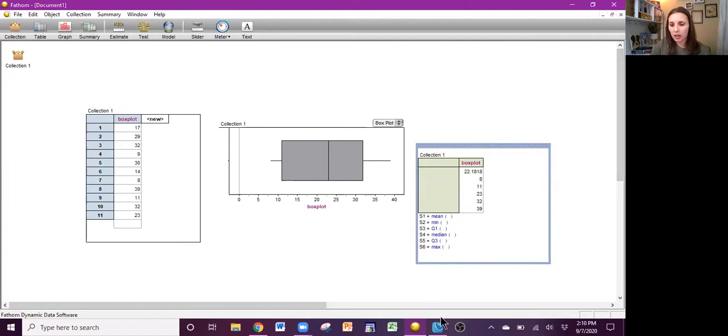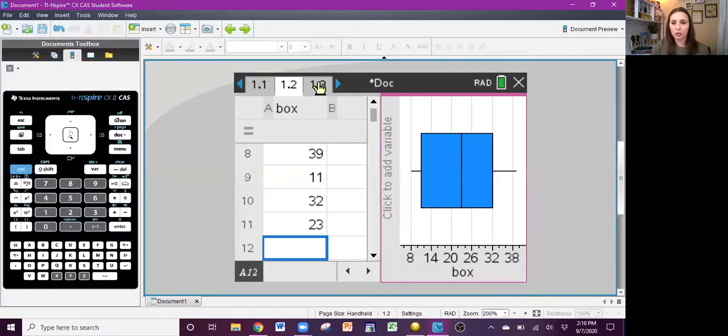You can also do this in a calculator. This is actually a TI Inspire, so it's a little different, but this is what it would look like. If you have a TI-84, you would go to Stat, Edit, input your values, go to second Y equals for stat plot, go to the first one, turn it on, select your box plot, zoom 9,